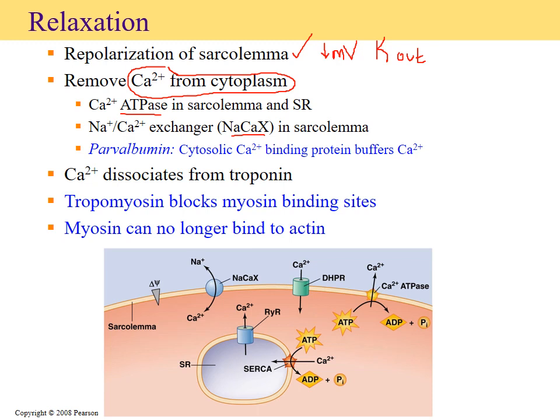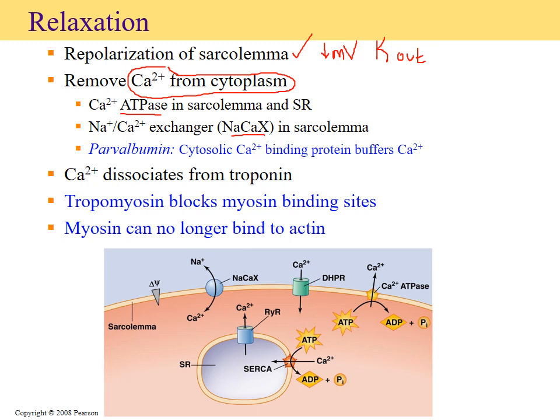This is going to be a calcium binding protein that will basically speed up the removal of calcium from the cytoplasmic contents. Humans really don't have access to it, and we don't really need to utilize it. But in certain fish species that have high levels of white muscle that could respond quicker, we do see that the parvalbumin is very effective in getting rid of that excess calcium so that the muscles can fully relax at